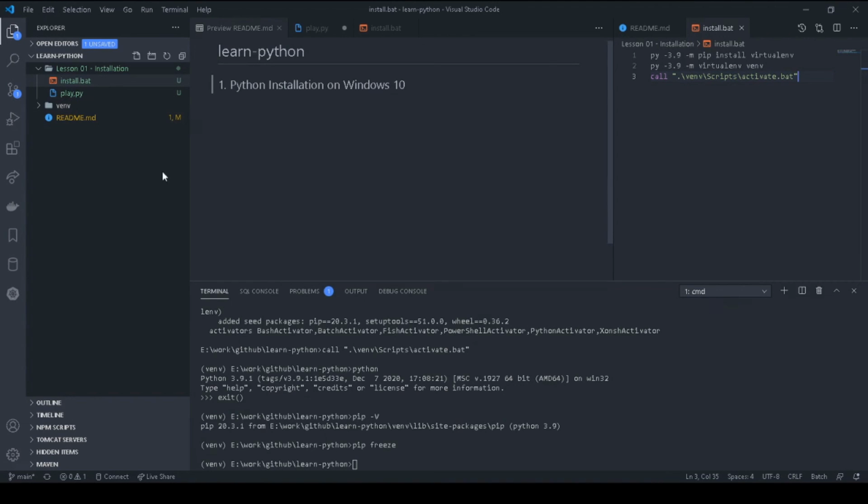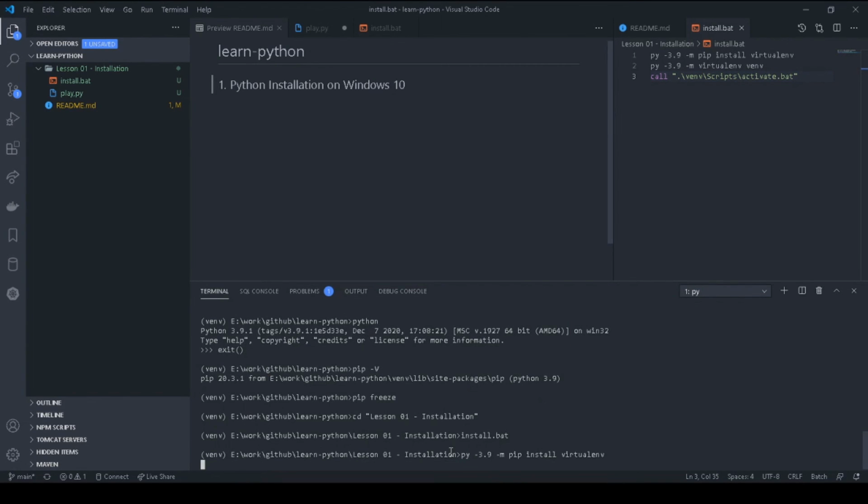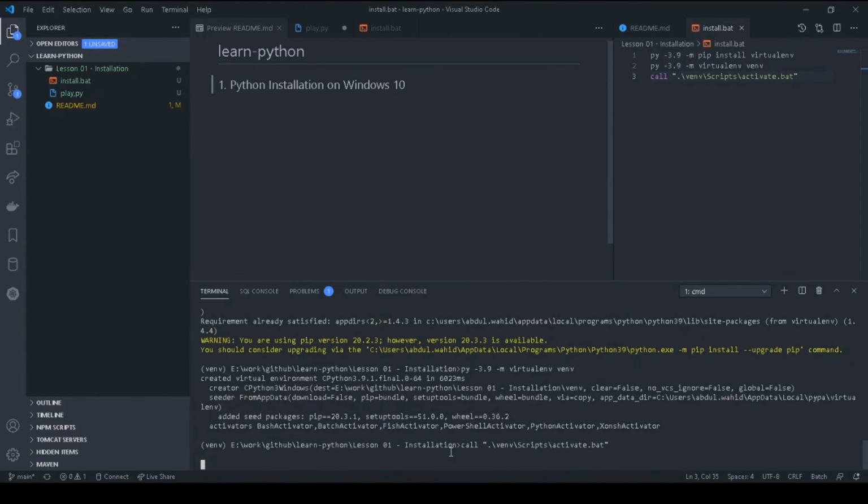So let's try to set up our environment with the help of this batch file. Okay, now we are deleting our environment. Here we will run the install.bat file. Here we go.